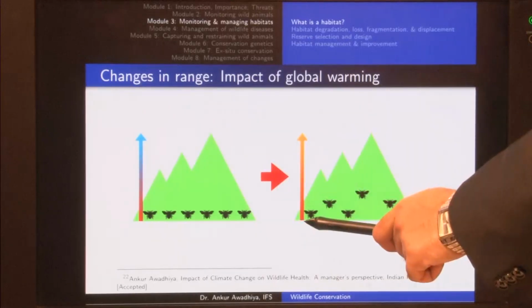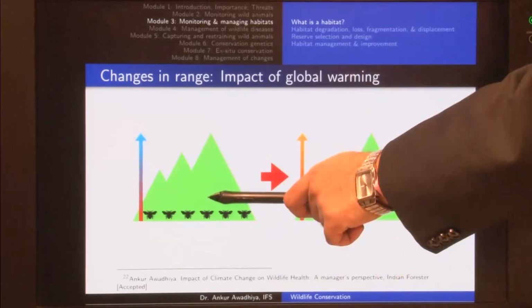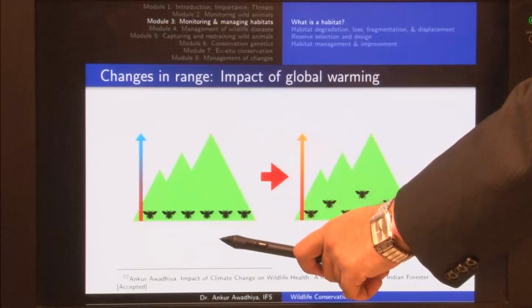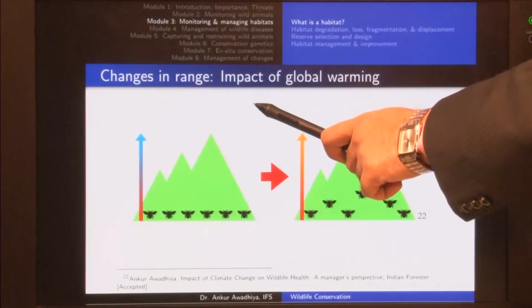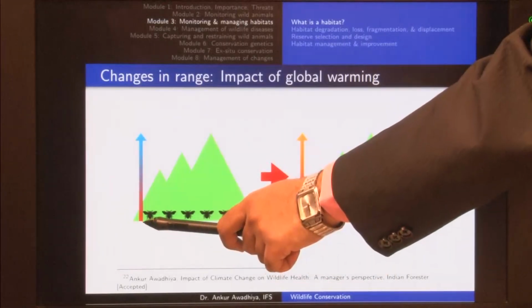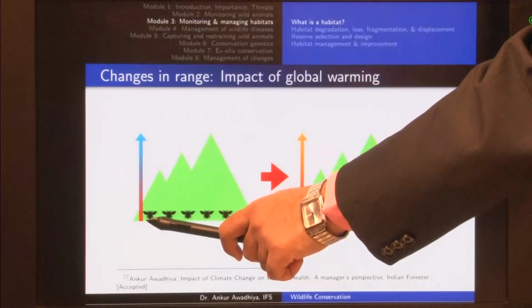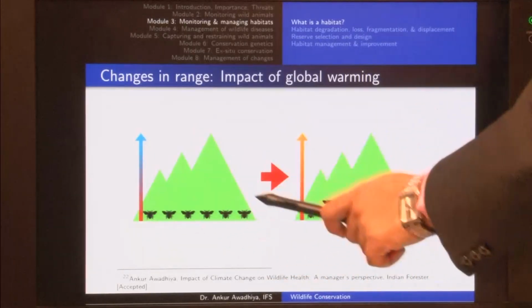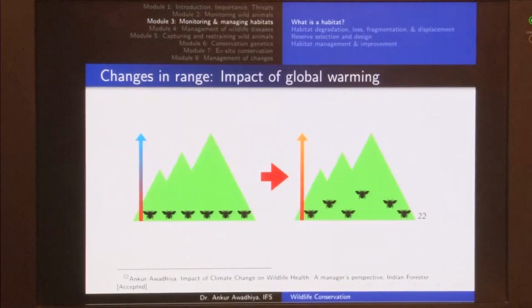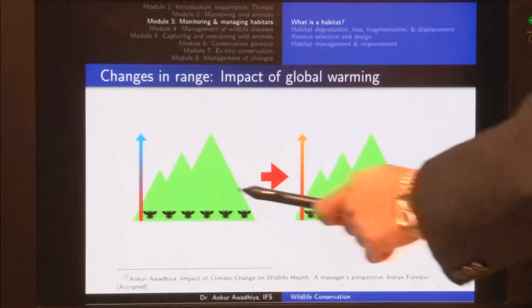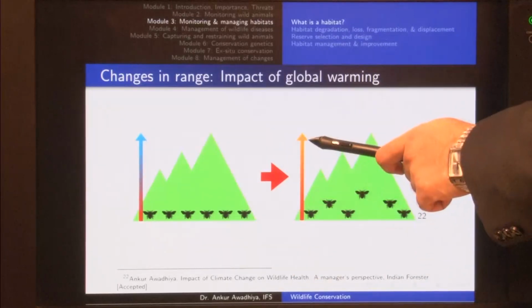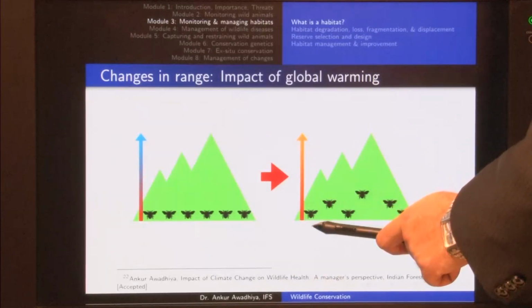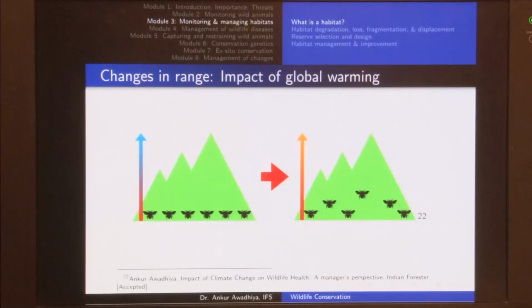hill and the temperature rises, then because as we go up a hill the temperature reduces, which we have represented here, this area has a higher temperature and this area has a lower temperature. Now, because this animal or insect was only able to tolerate higher temperatures, it was found here. Now with global warming, these areas are also heating up, so the range would increase, and we have seen it